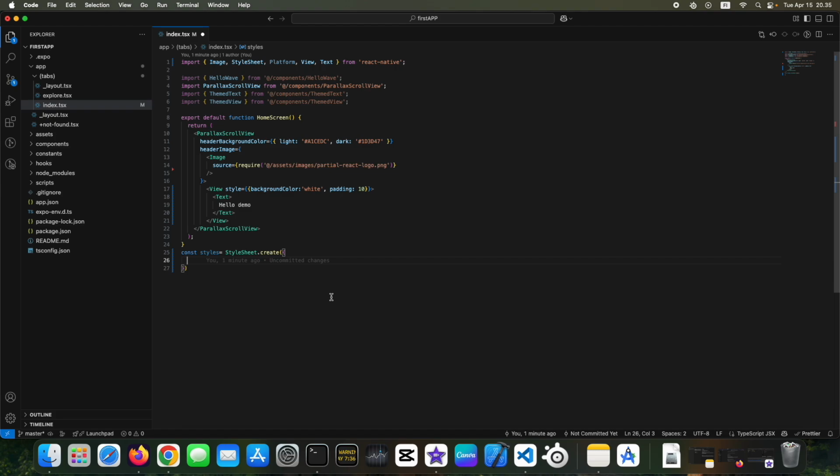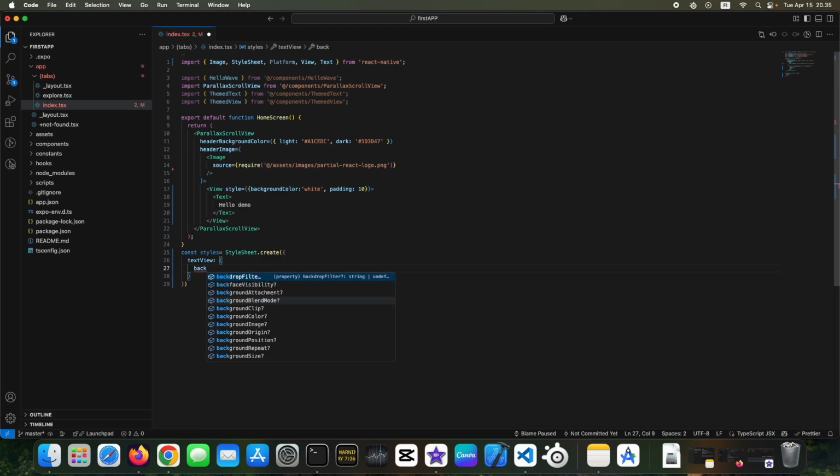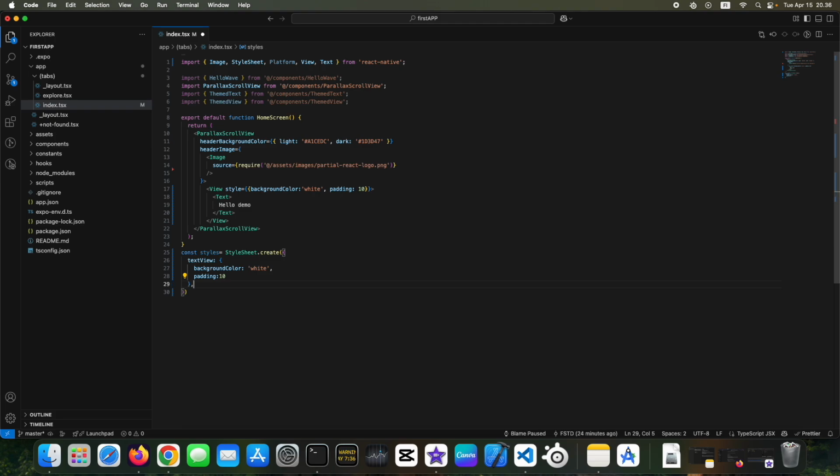So for example, you can write textContainer, or you can write textView, and then we can add our styling here. So basically what we wrote before, backgroundColor, which can be now white, and then we can add our padding, which can be 10. But this way you can also define multiple other